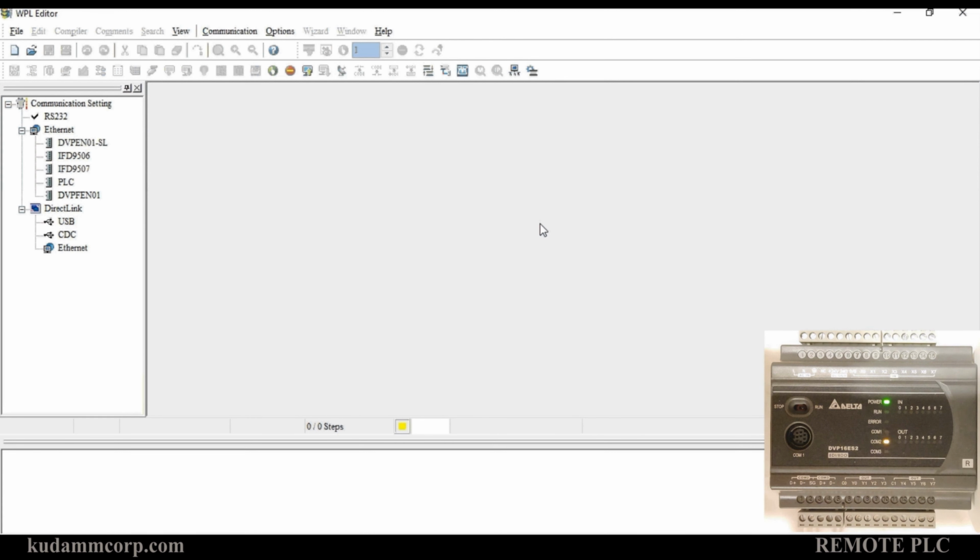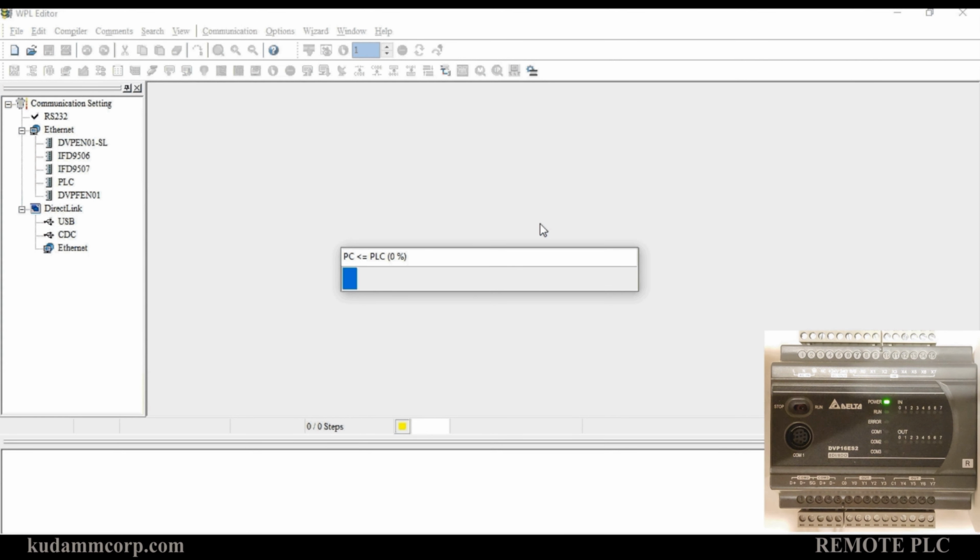The current program is around 600 lines of ladder logic, and hence it's going to take some time. Smaller programs will usually take less time. If you look at the image on the right, you can see the COM light is blinking. This means that the PLC is communicating with the remote bridge controller.